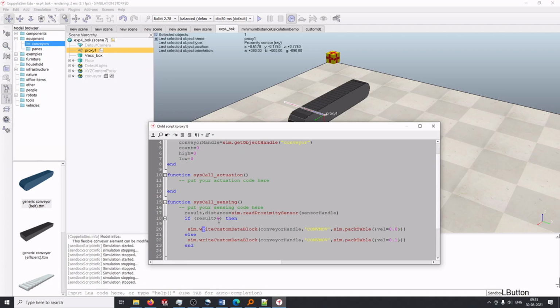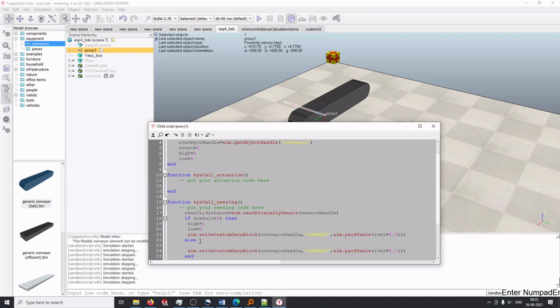So now here's the logic. If the sensor has detected a box, then we make high equal to 1, low equal to 0, and if it is not detected, then we make low equal to 1, and high equal to 0.